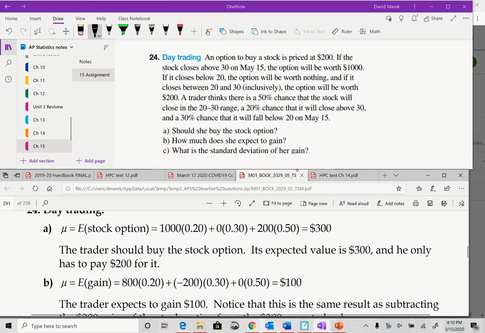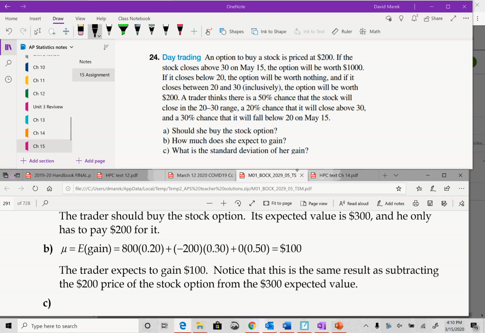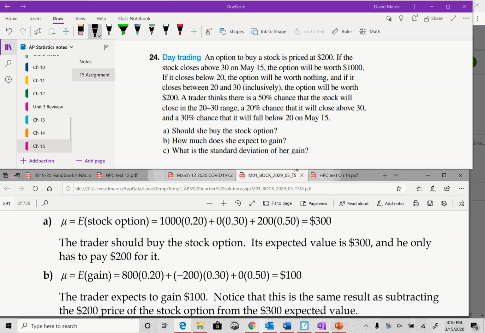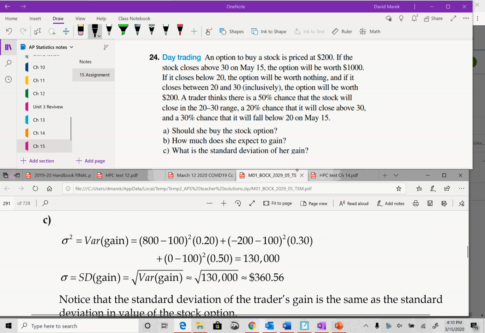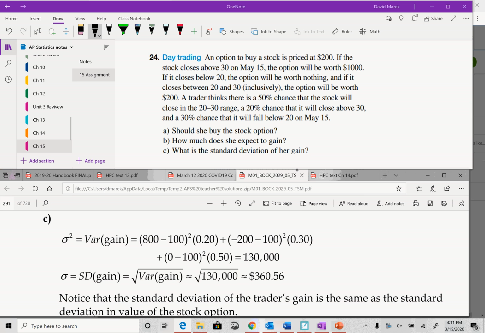And they're showing you here in part E, going through and doing those same expected outcome calculations, but looking at how much they gained. So pay the 200, it's worth 1,000. That's a gain of 800. Pay the 200, it's worth nothing. You've lost 200. Pay 200, it's worth 200. The gain is 0. And hey, what do you know? Just as expected. Now, hopefully you're getting used to calculating then the standard deviation